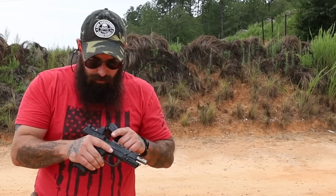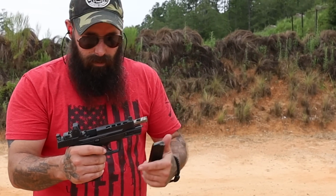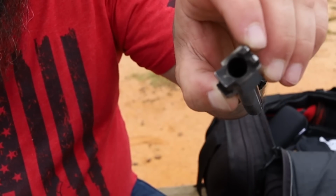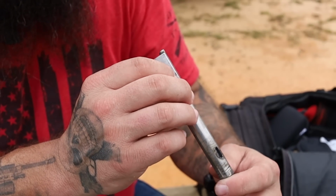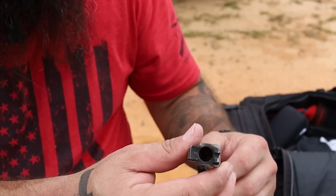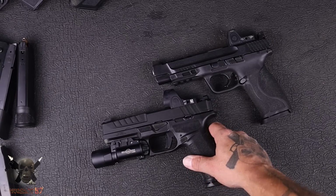One thing I am gonna do though is clean that feed ramp, because I've had this thing for years and dude, it is dirty. So I am gonna clean it really quick and just make sure we're gonna run 2 more mags through each gun. Okay, so I didn't make my job any easier, that's for sure. Both guns